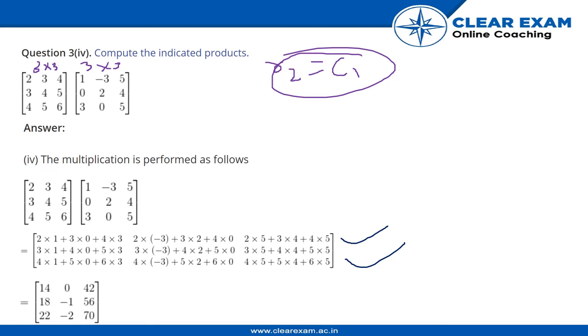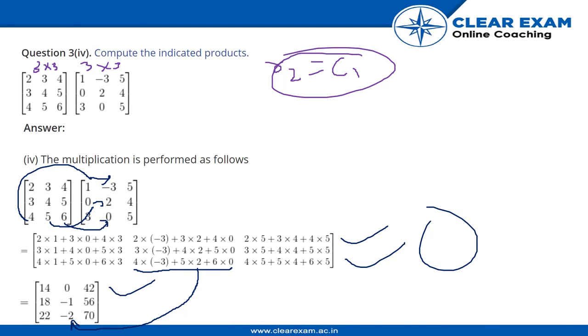Which element should I choose? Okay, I am going to show you this element. This is the 8th element. So how do we find the 8th element? For the 8th element, we first multiply 4 into minus 3, 5 into 2, and 6 into 0. So we get our answer on simplification as minus 2. If we simplify the other expressions in the intermediate matrix, we get our final matrix as this one. So now moving to the next slide.